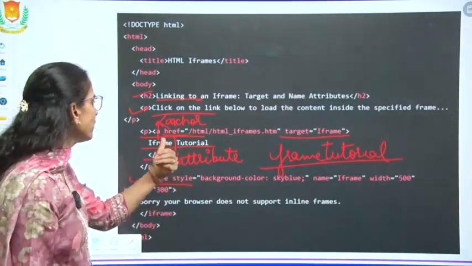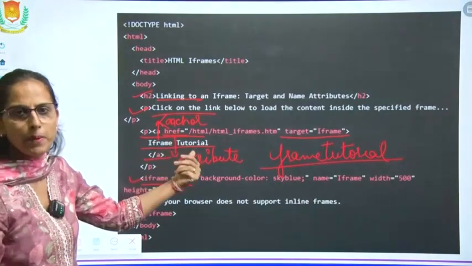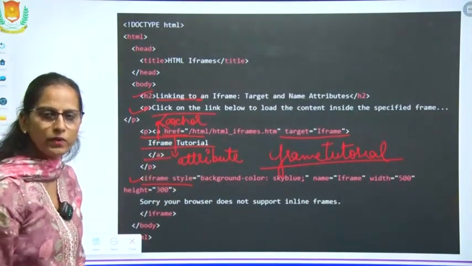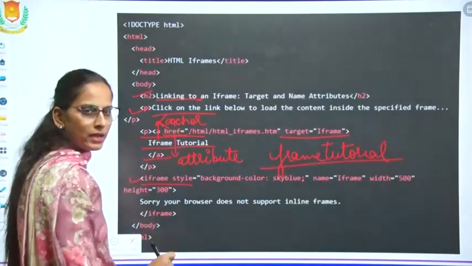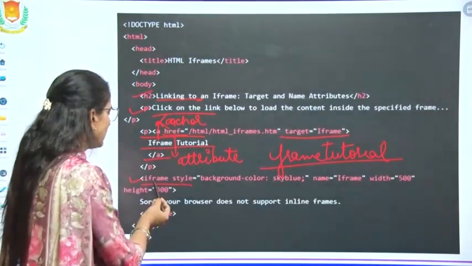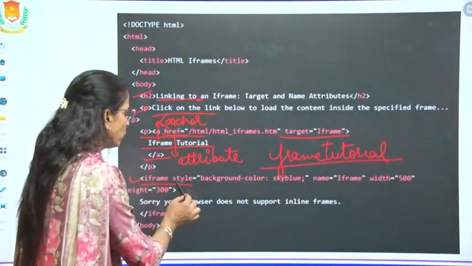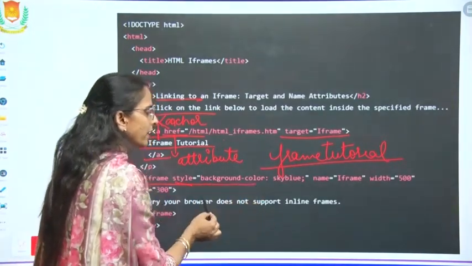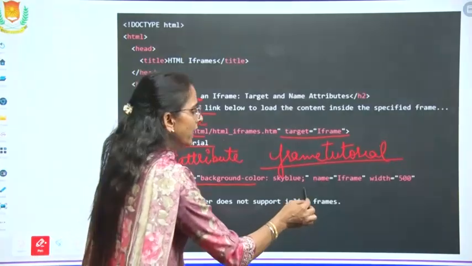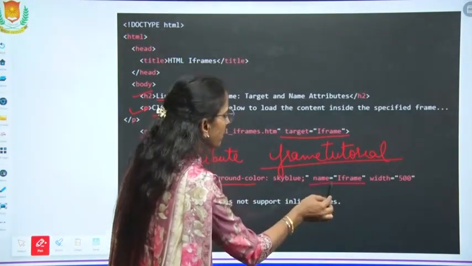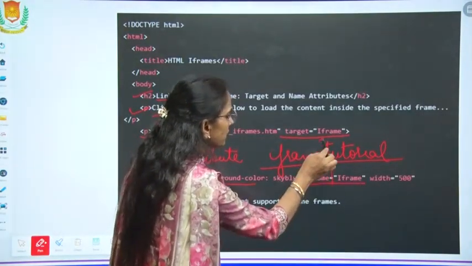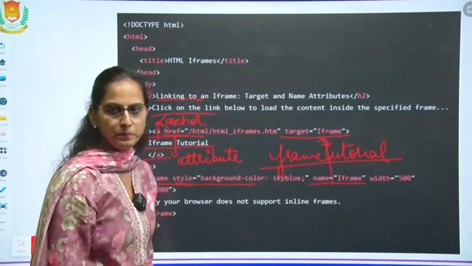First of all, we have mentioned the name of the web page which is to be opened in this frame with the help of the anchor tag. Now after that we started with the iframe tag. In the iframe we have to give the style, what background style you will take. Name of the frame is iframe, meaning this is targeted here.